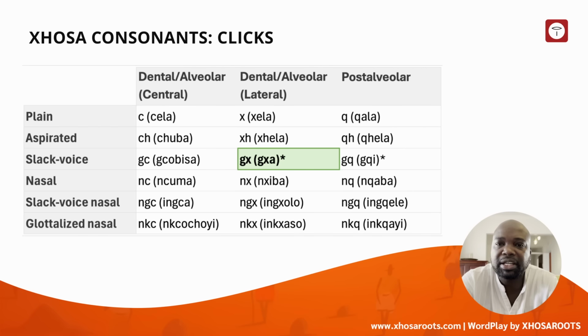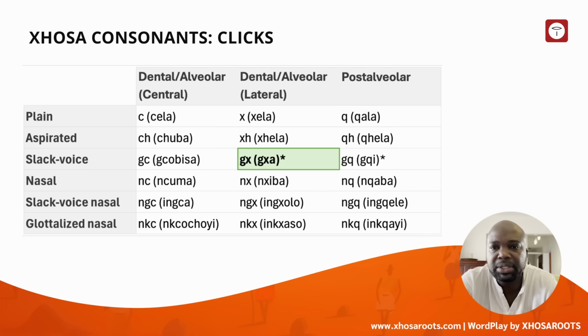Then we have the slack voice version, an example is ga, which is ukuthi ga. This one is an idiophone. It's similar to the sound that your feet make when you jump and suddenly land on the ground. Ukuthi ga. And like I said, it's an idiophone. And the Xhosa language has quite a rich inventory of